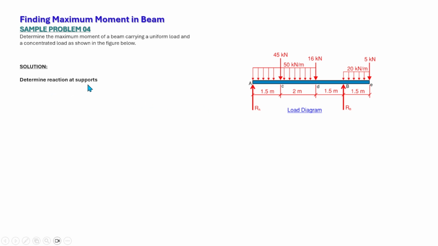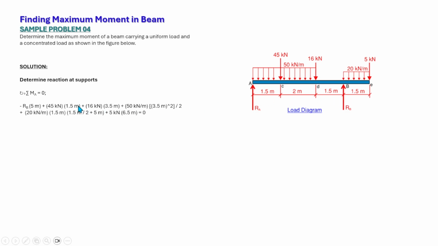Determine the reaction at support. So first of all, we need to determine the reaction at points A and B before we can draw the shear diagram. Now we will choose any arbitrary location, whether you sum up moment at point A or B. So that is positive clockwise based on our convention. Summation of moment at A is equal to 0. So minus RB times 5, which is the moment arm from here to there, to the reaction at point B